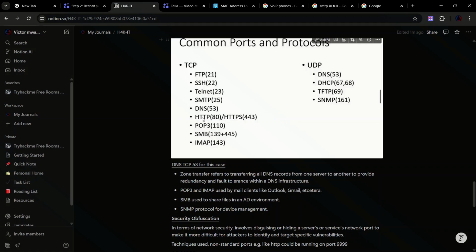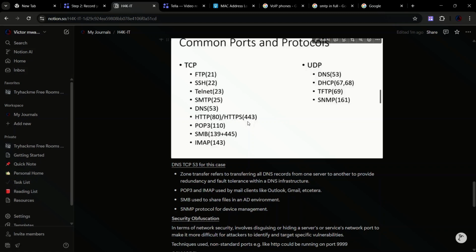And then we have hypertext transfer protocol. This is the secure version of transferring, or rather rendering, web pages on the browser. So HTTP is unsecure, and here you can even transfer data in plain text. By data I mean you could transfer credentials in plain text over the internet and get hacked, or the data gets to be stolen by malicious actors. While HTTPS is the secure version of HTTP and it runs on port 443, as I showed you earlier